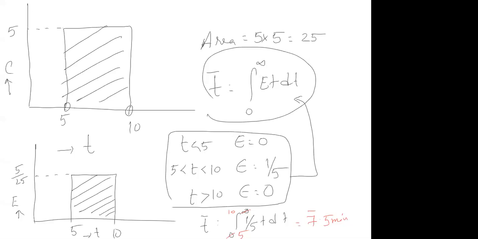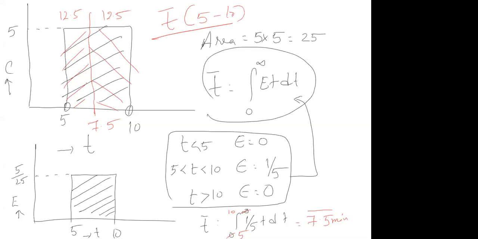Now, for pulse experiments, even with common sense you can answer this question. What is an average? Average is something which divides this area into two equal parts. So 7.5 should be there, so that this area will be 12.5. This area is 12.5. Basically, you should know T bar should be between 5 and 10 only. If you get an answer which is below 5 or above 10, you are wrong.